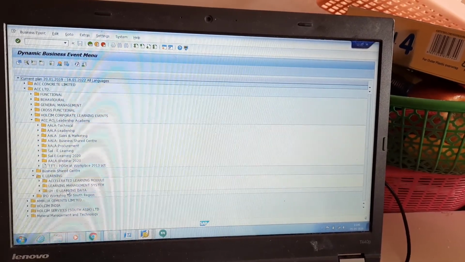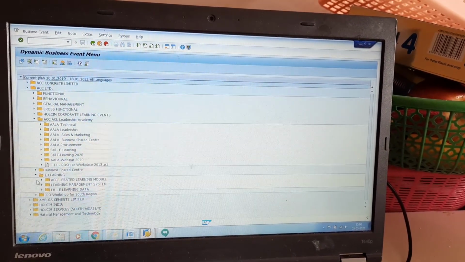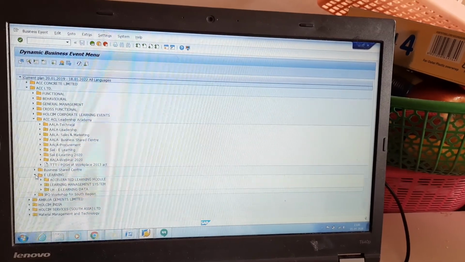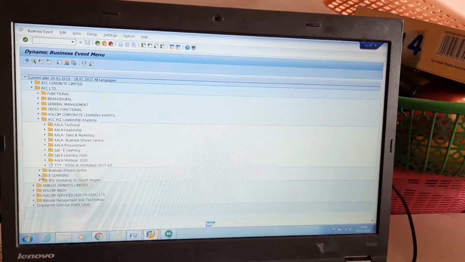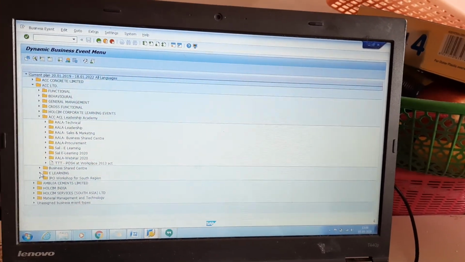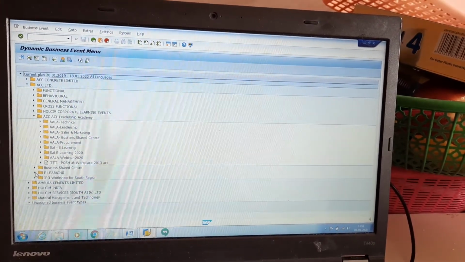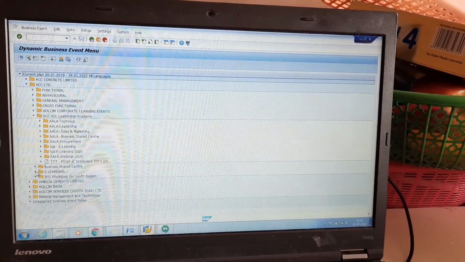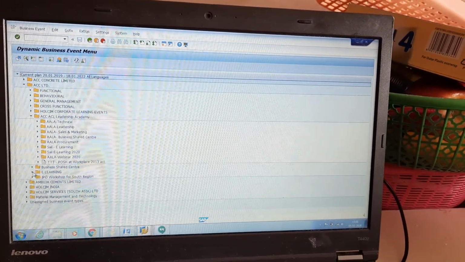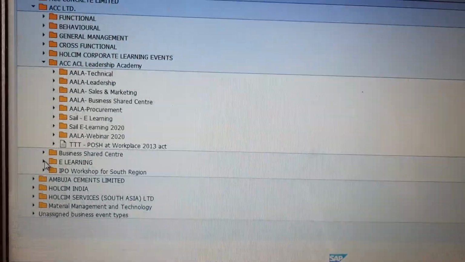And the e-learning data. If any people from ALA want to upload, they will ask you to update the attendance, and they might tell you the path where to upload. As the learning and development team, we know where to upload the attendance sheet, so we need not ask and confirm with them. This is an important thing which I wanted to tell you all.